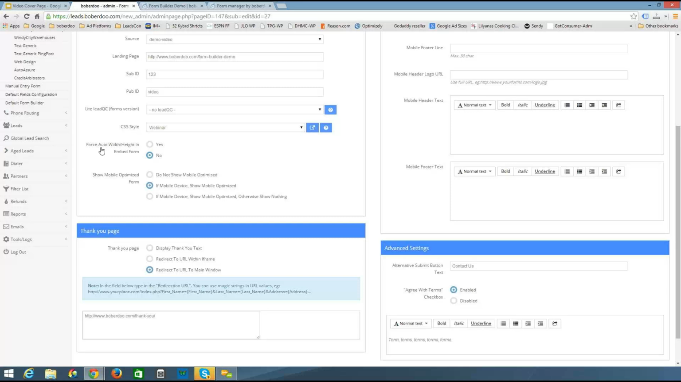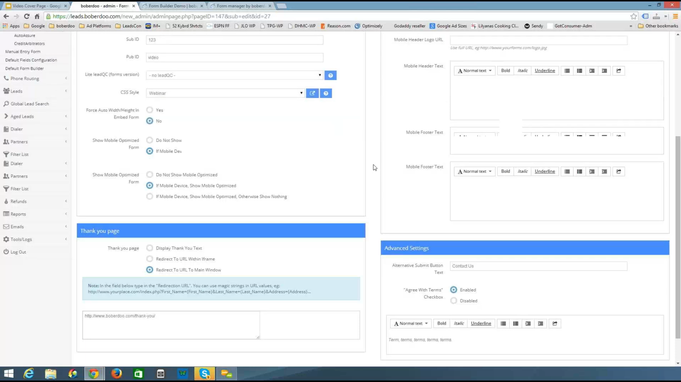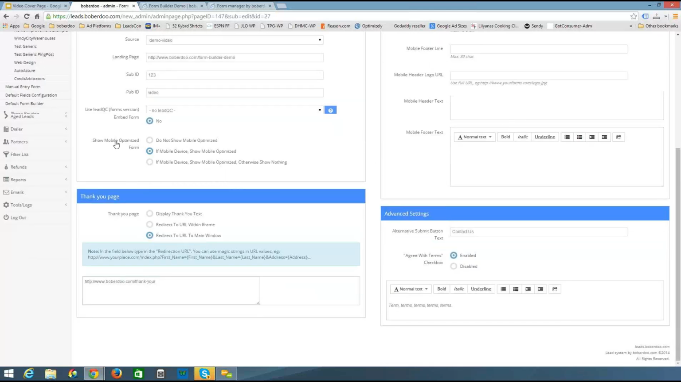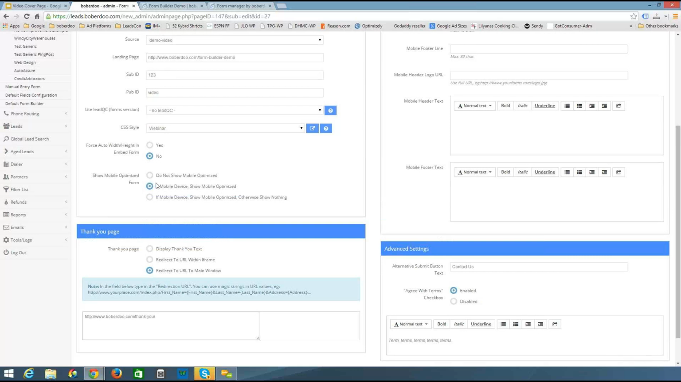So this is going to prevent those scrolling options that you might see when the code that we see up here on the right, and we'll get to in a second, has a default of 500 by 500 pixels. Now you have mobile optimization. So you can choose, for example,